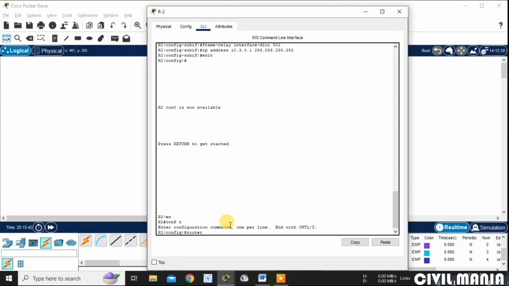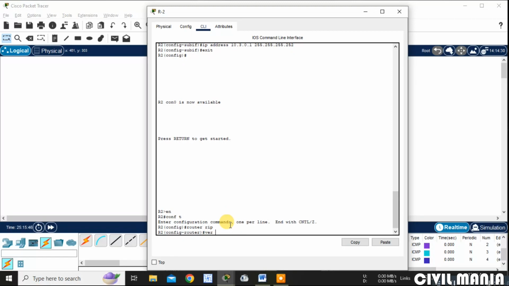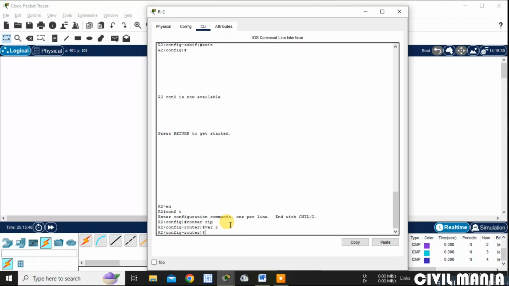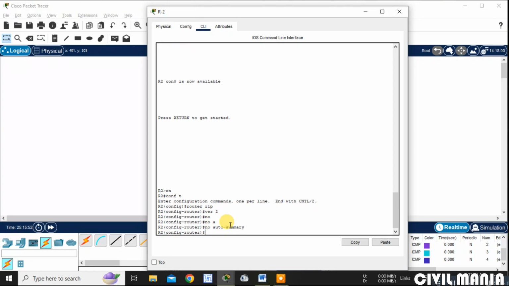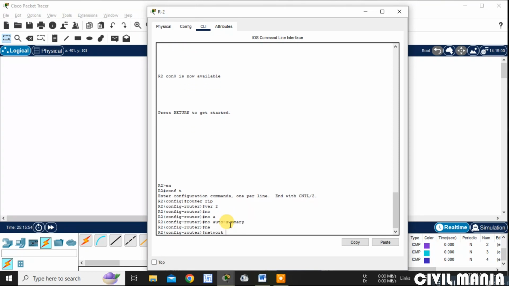So here, router RIP version 2. After that, no auto summary. Then the network in router 2.